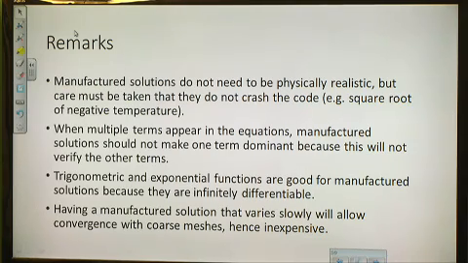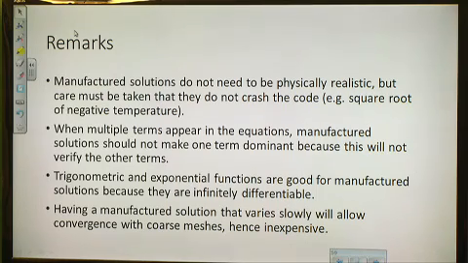The second thing relates to what we discussed previously, that you can have a lot of errors remain in the code if they produce errors that are small enough not to be noticed, or to be noticed and people are shrugging it off. I don't have the time to look into why this is 0.5% away. And so if you are verifying a code with manufactured solutions that are dominated by one part of the differential operator,